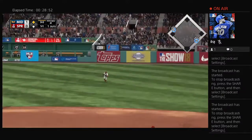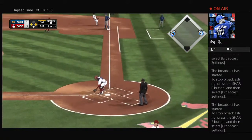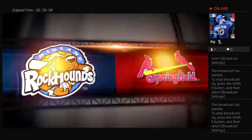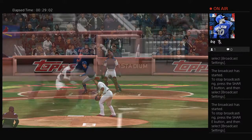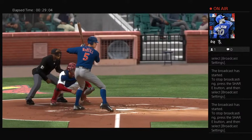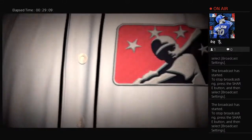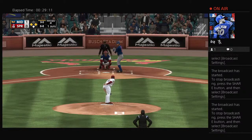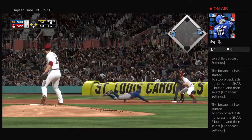Into right field. That's a base hit. And the runner from second will stay put at third. So they're runners at the corners now with 1 away. Boy, there's a bullet base hit right there, but you have to hold there, D-Row, to make sure that gets through and isn't caught for a line drive double play. Yeah, you have to play the game right there and respect the infield and respect the line drive. I know he wants to get a ribby for his buddy, but that's...